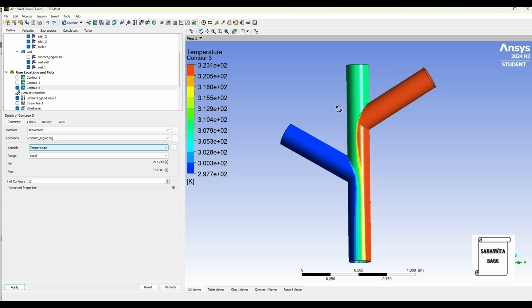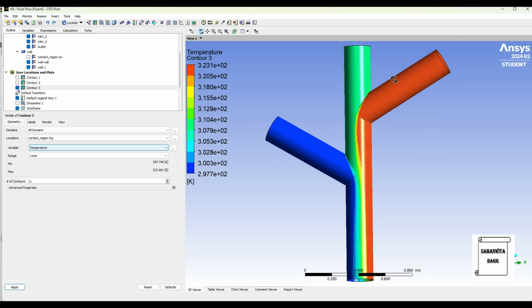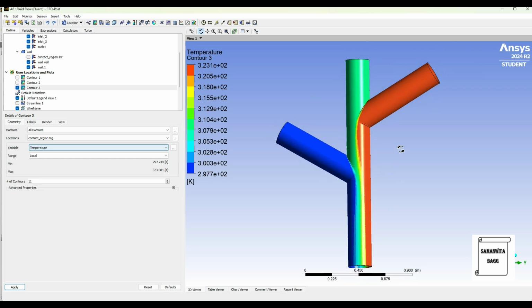So accordingly you can see here that inlet temperatures are known, and here at the outlet you can see a variation of temperature because of the intermixing of the three inlet fluids which are at three different temperatures. So you can have two inlets or you can have three inlets, and accordingly you can see this beautiful variation of color. This is because of the intermixing of the fluids at different temperature.